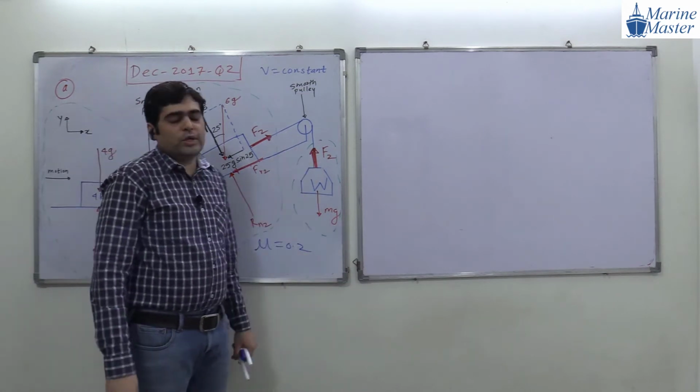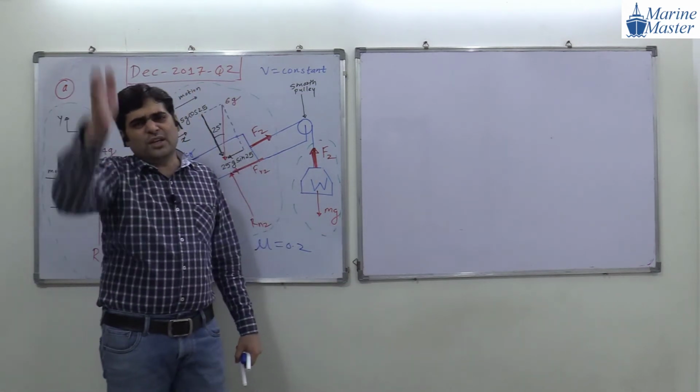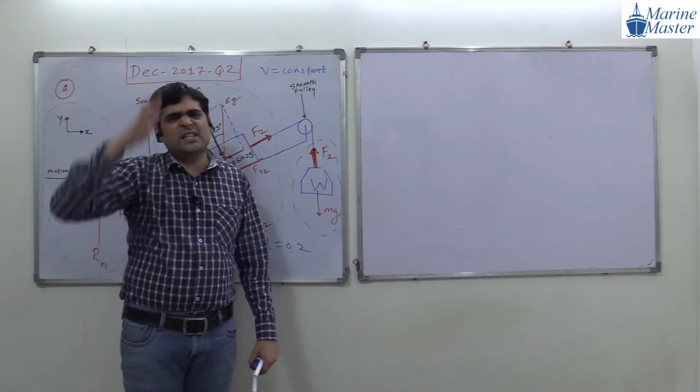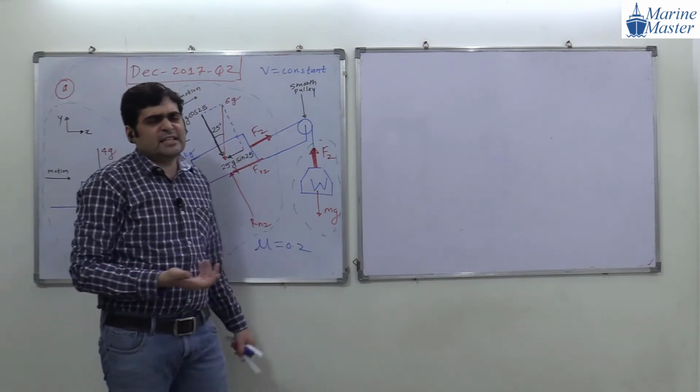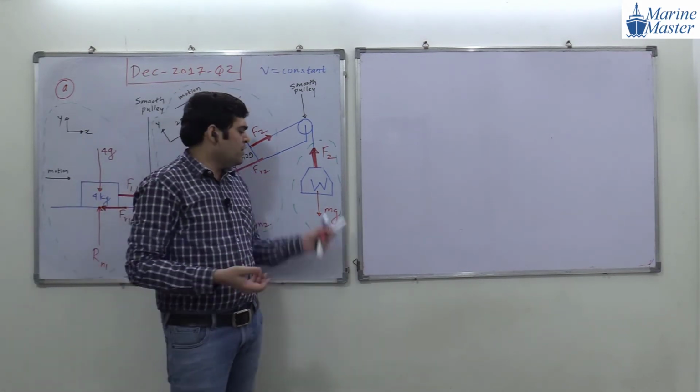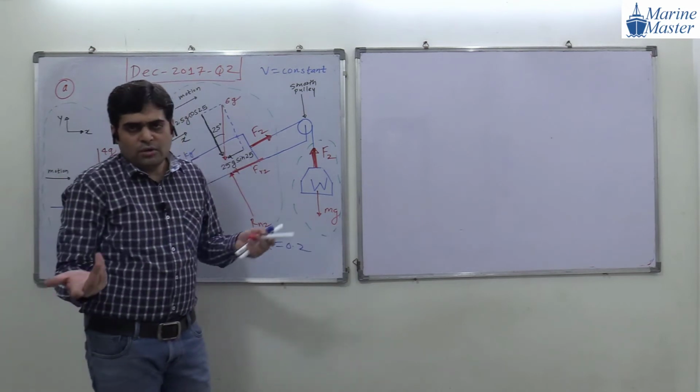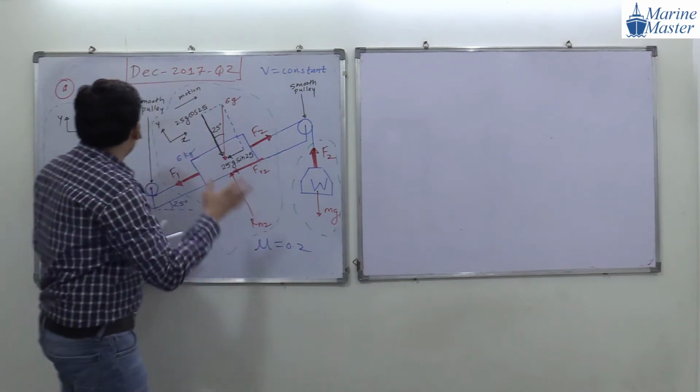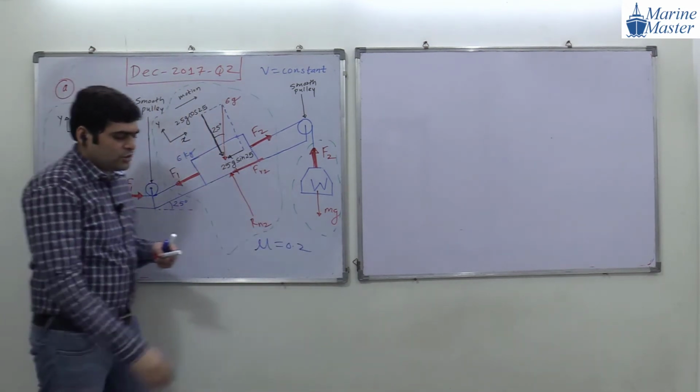And here we have not shown any x and y direction because there is only one direction, a vertical one. So no need to take components. We will take summation of forces equal to 0. One is positive, another one is negative. Okay, guys, are you getting my point? Please everyone draw these things.